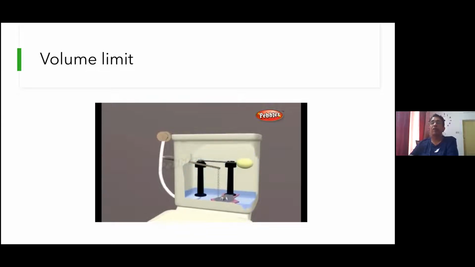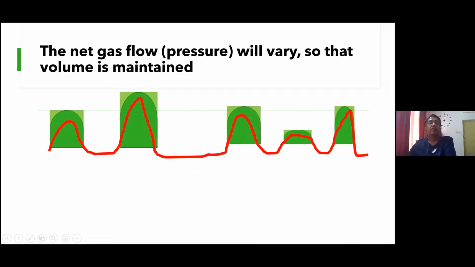So if you have a volume limit ventilator, then what happens is that when a minimum volume that you have dialed in on the ventilator fills up the lung and reaches a tidal volume, then the valve would close and no more gases would come into the lung. And today we have recognized that the volume that is expanding the lung is more important as a cause of injury than the pressure. And therefore, modern day ventilators target volume limit ventilation. So what would happen in a volume limit ventilator is that the net gases that flow every breath, the total gases, also would vary, not just the inspiratory time and expiratory time.